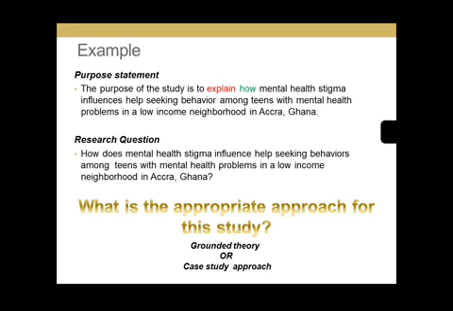But you can also use grounded theory, because if you want to develop a theory to explain the connection between the health-seeking behavior and the stigma, you can use grounded theory. You can use phenomenology if you are focusing on giving participants, I'm talking about the teens, the chance to tell you their experiences. So it can be a phenomenological approach, but I think we are focusing on the best approach. So the best approach will be grounded theory or case study.